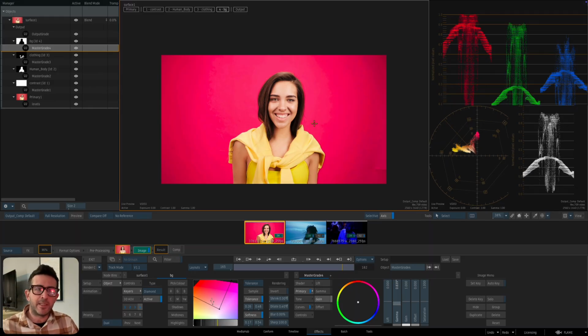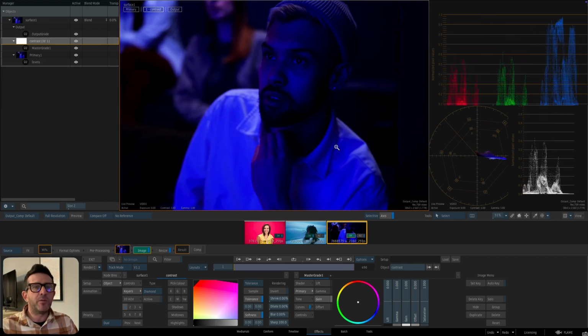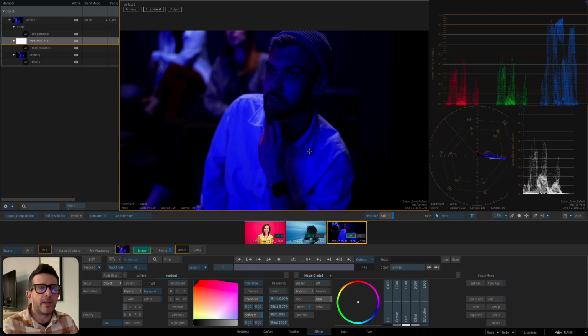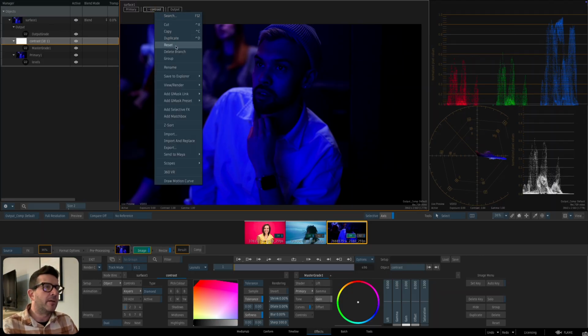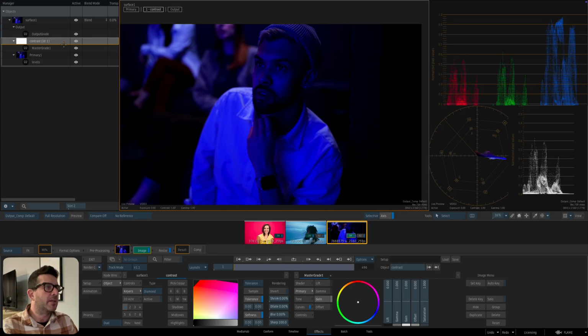We're not going to get into that today because we're running pretty long on time, and this is obviously a very big node. The last thing I do want to show you, though, is if you do nothing else and you're going to just use Flame to maybe set a little white balance, but you don't really know what you're doing, or have very little experience with the scopes or with the effects tab in general,